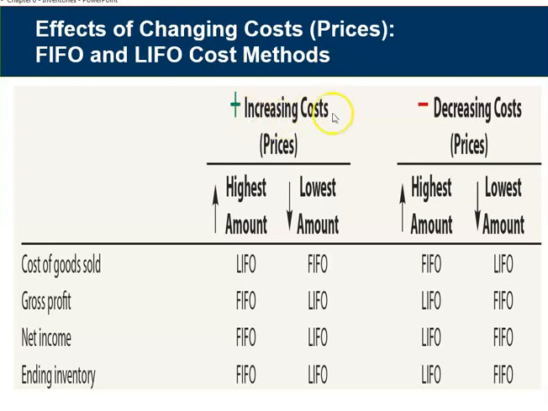So in periods of increasing prices, what happens? Well, if prices are increasing, cost of goods sold is going to be highest under LIFO because we're costing those most recent purchases which are increasing. But notice here, over on decreasing costs, it's the exact opposite. If prices are decreasing, FIFO will produce the highest cost of goods sold because under LIFO we're costing all of those recent purchases that are at lower prices. Okay, so